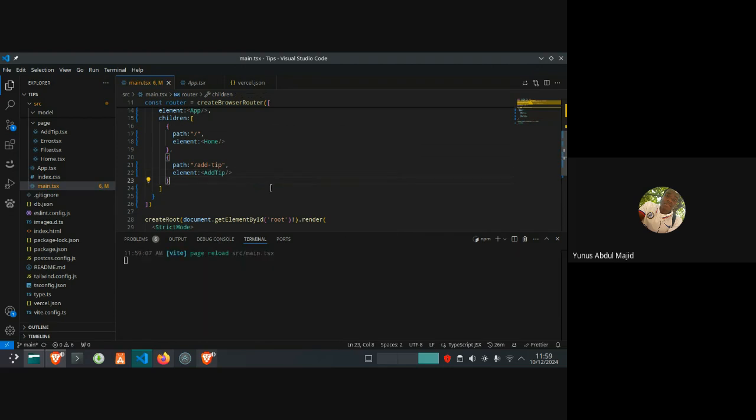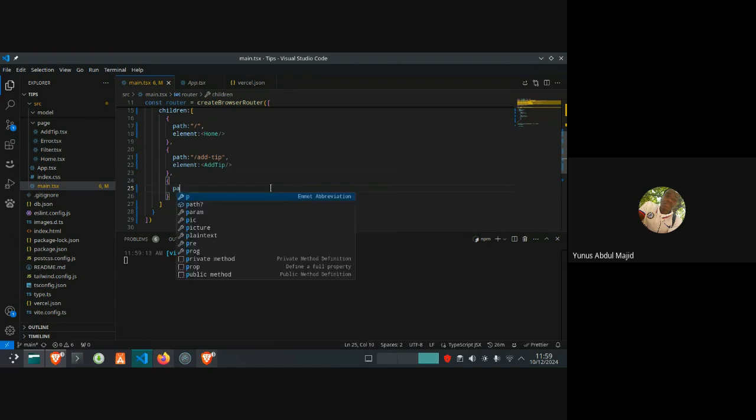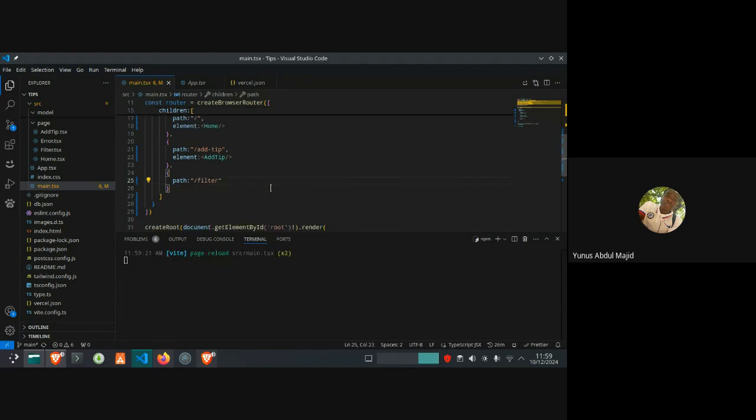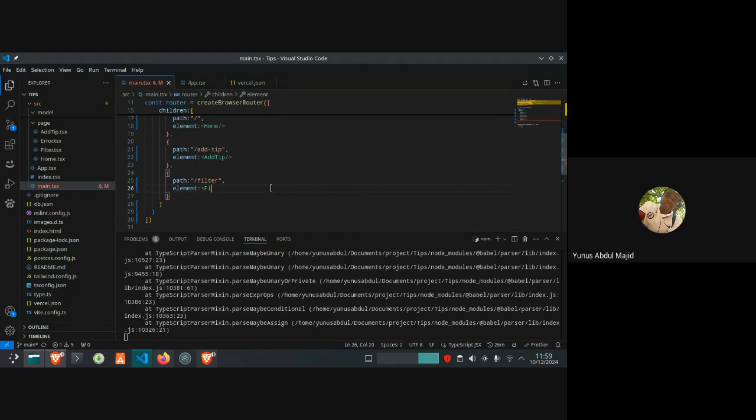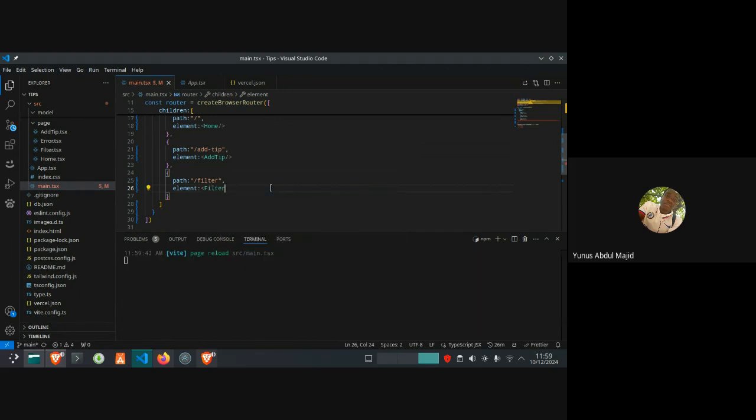That's the second route. I think we have three routes to work on. Then this path will be named filter, and the element will be Filter.